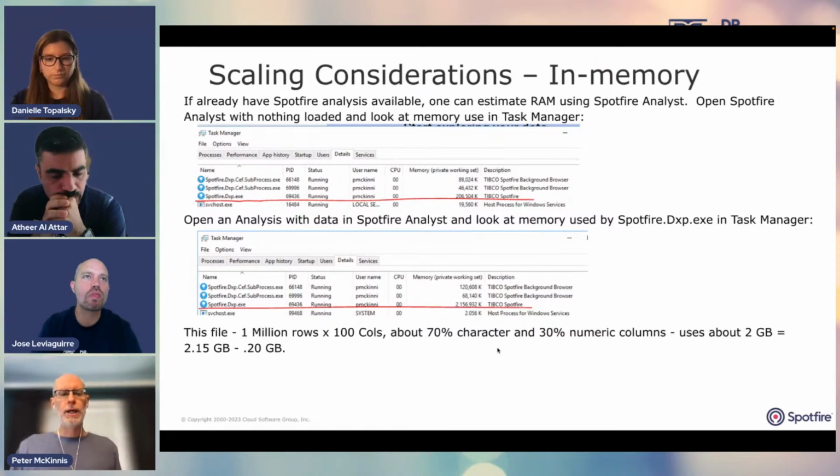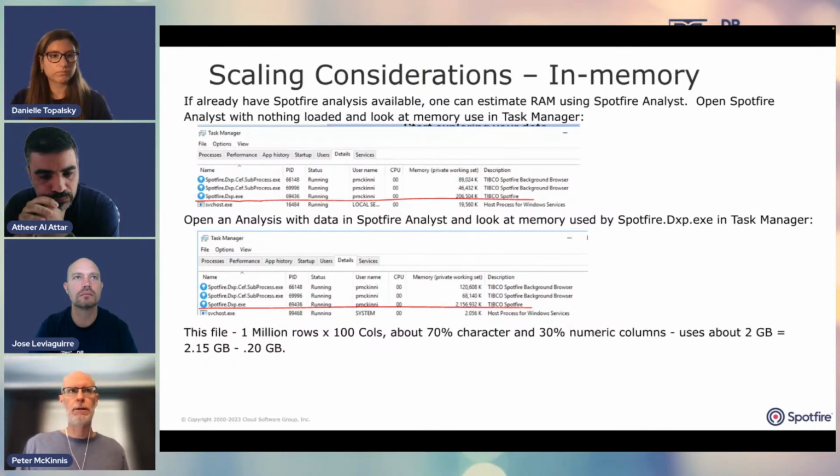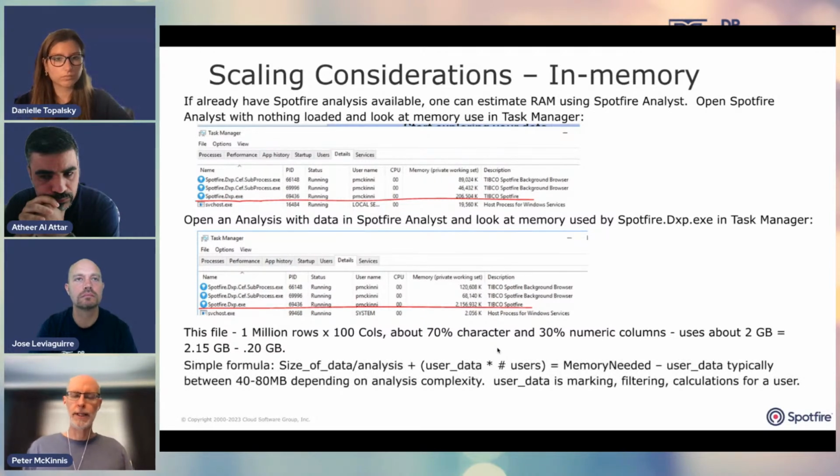In Spotfire, there are two types of memory usage, especially on the web player. On the analyst, it's your own machine; it's only you running. But on the web player, there's the data, the raw data, maybe the base calculations. And then on top of that, there's the user data. The user's interacting with the analysis file. They're filtering, they're marking, maybe they're running some calculations, maybe doing some scripting, based on what's been in the analysis file.